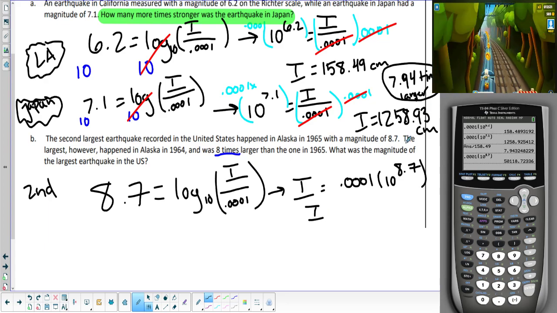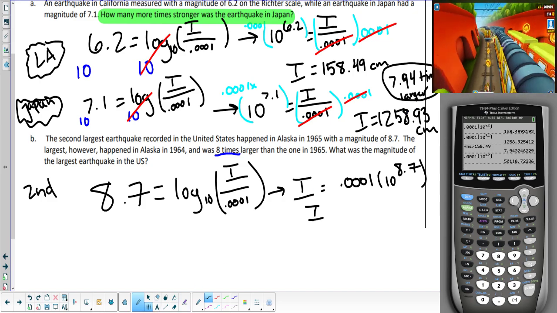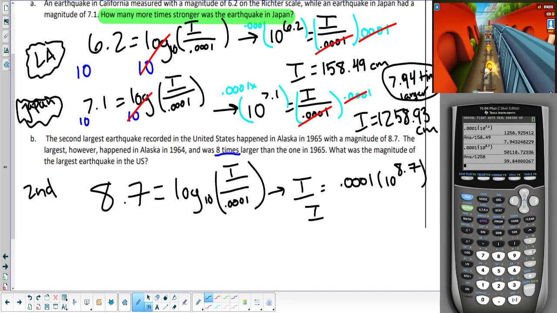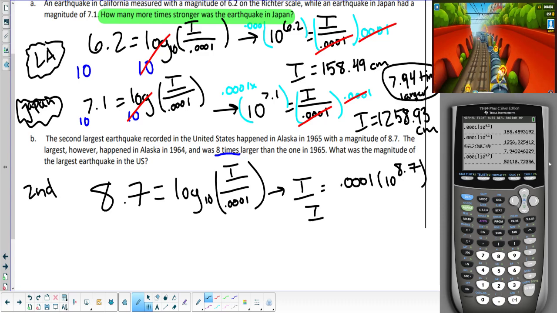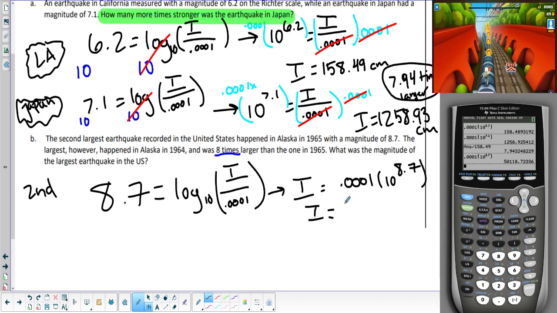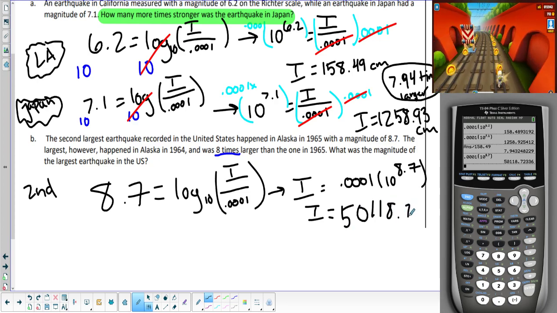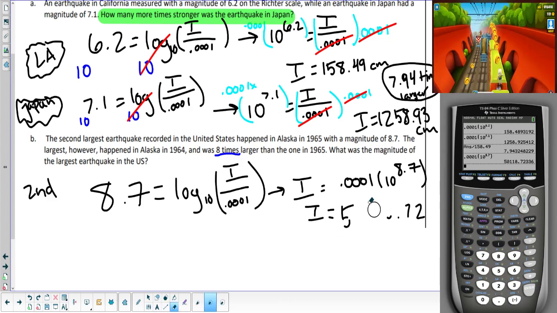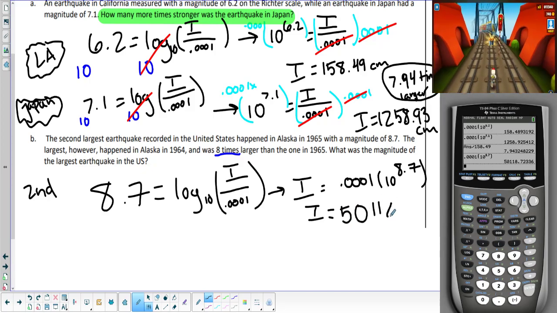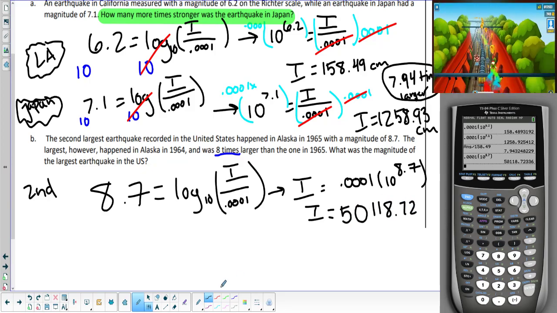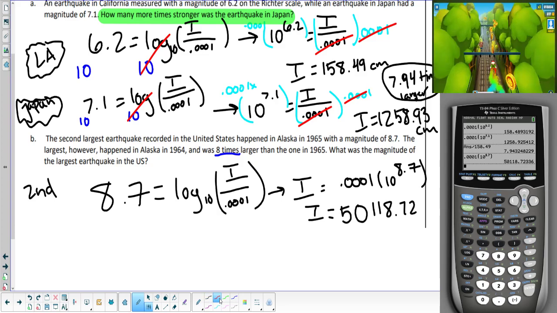Geez, that's like 20 times larger, 25 times larger than this one? I don't know if I'm making that up. Whoa, what am I doing? Anyway, I equals 5118.72. Let me rewrite that nicer. I need better handwriting. 5118.72. Okay. I know that the largest one, however, was 8 times larger than this, which means in the largest,